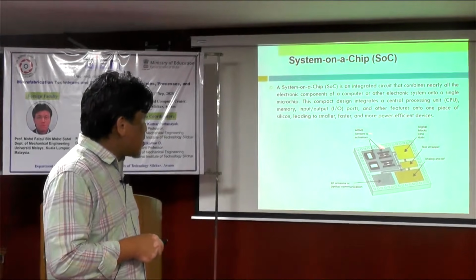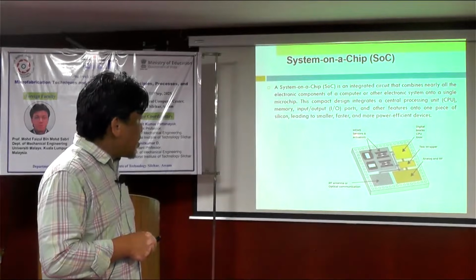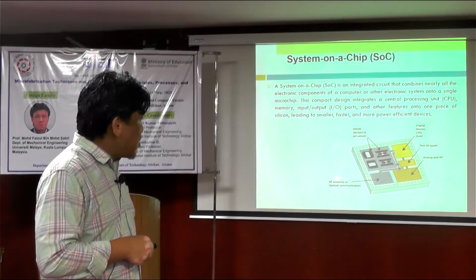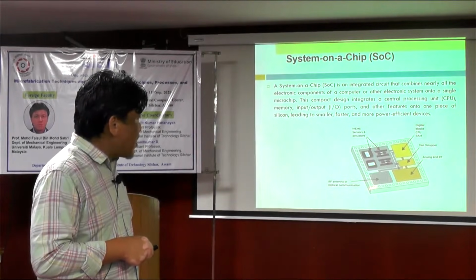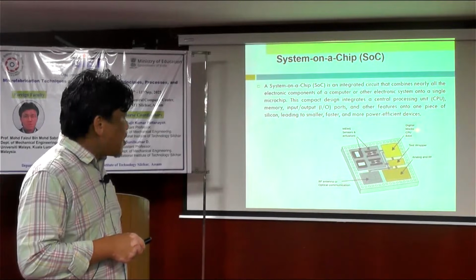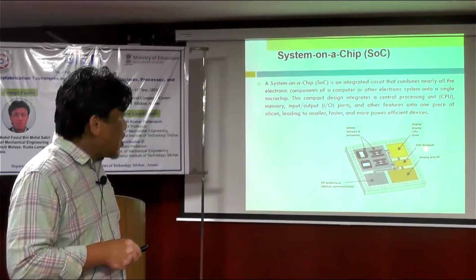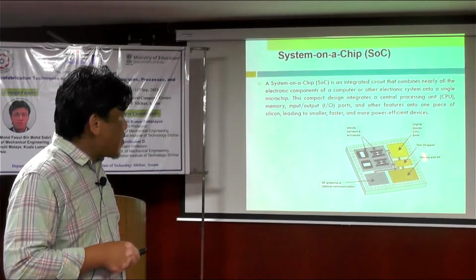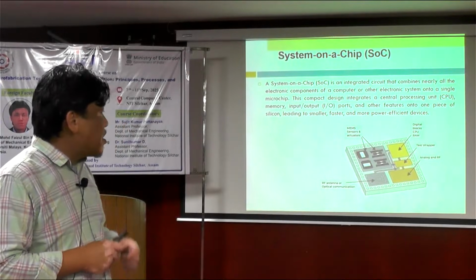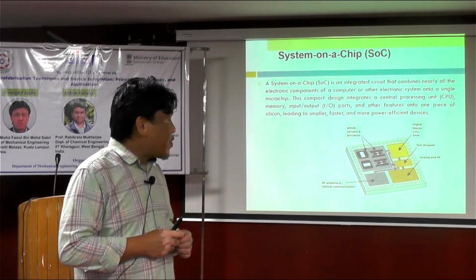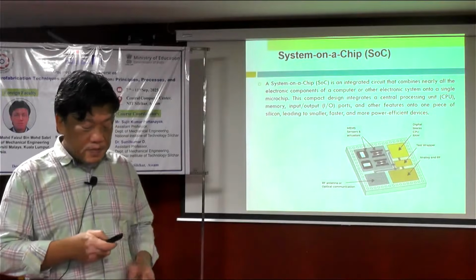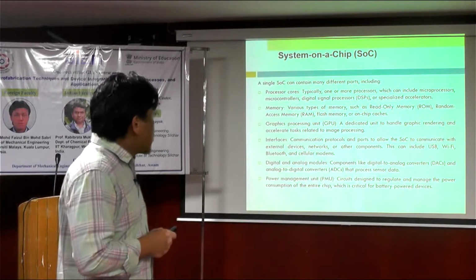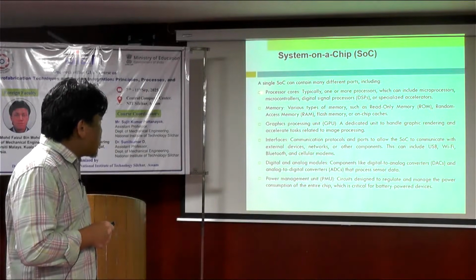So in this case, we have a MEMS and sensor actuator here. Then we have an RF antenna for communication. Then we have a CPU, RAM, test wrapper, and analog RF. So this will make this a small device, an operating device by itself. So a system on chip is a single